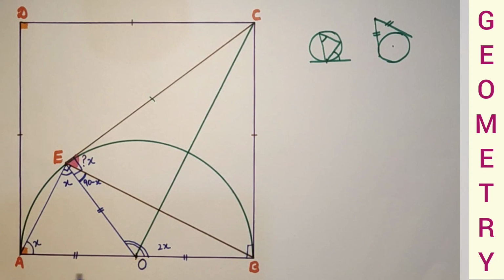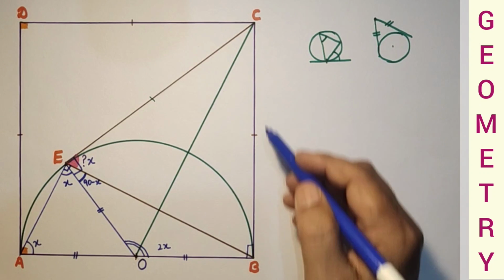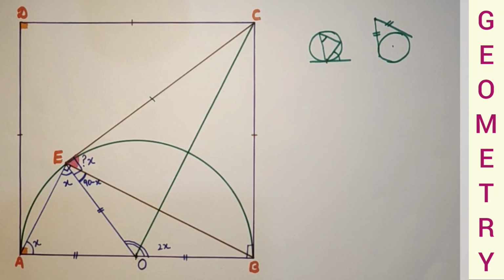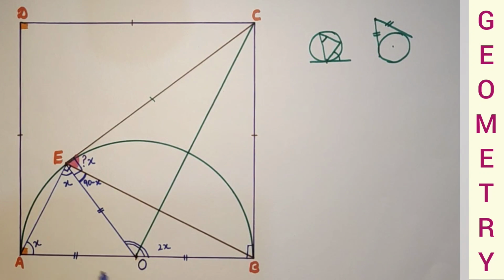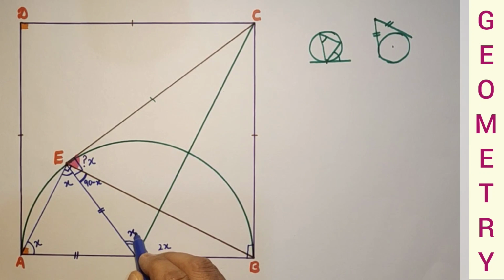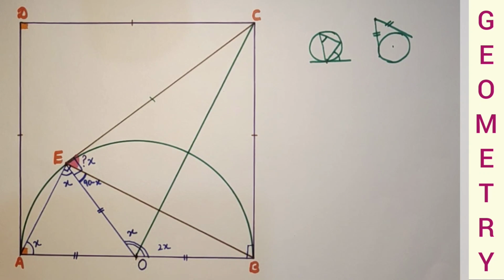This OE is equal to OB and this BC is equal to CE. We can say that this is a kite, and as well as we can say that EOBC is a cyclic quadrilateral. And this angle is equal to this angle because this is common and these two are equal. These are equal by the SSS test of congruency. This is also x. This whole is 2x, only this part is x.